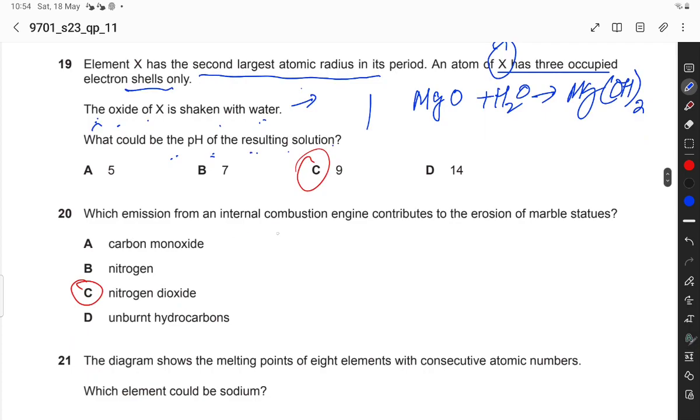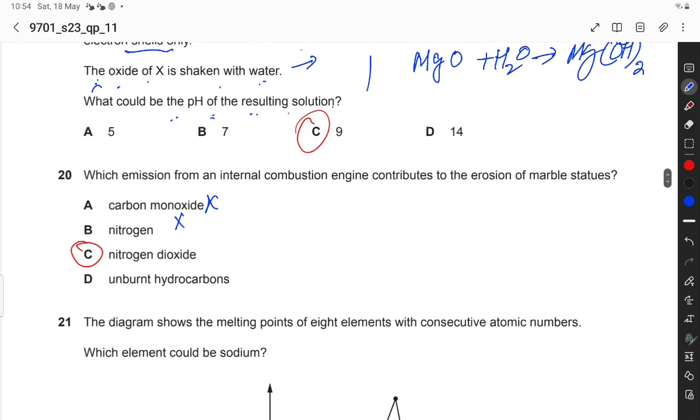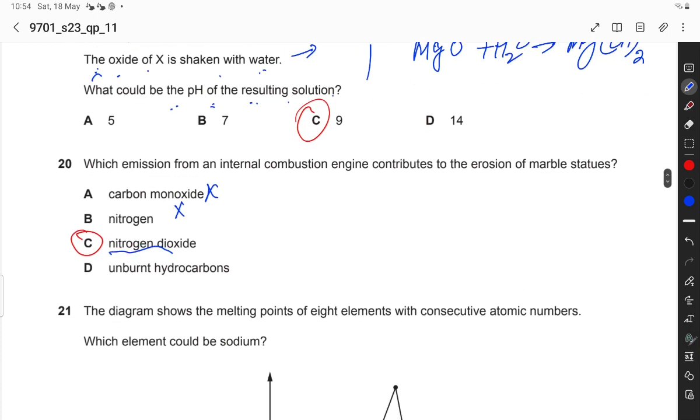Which emission from an internal combustion engine contributes to the erosion of marble statues? Carbon monoxide, neutral. Nitrogen, also neutral. Nitrogen dioxide, when it reacts with the water